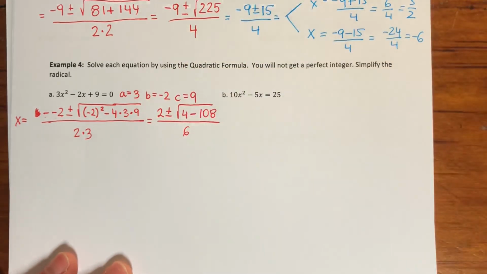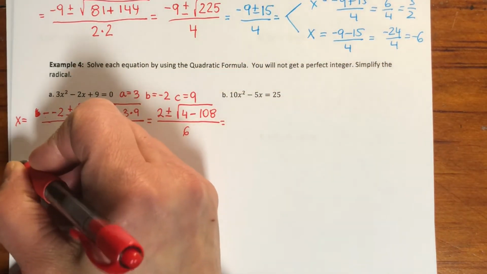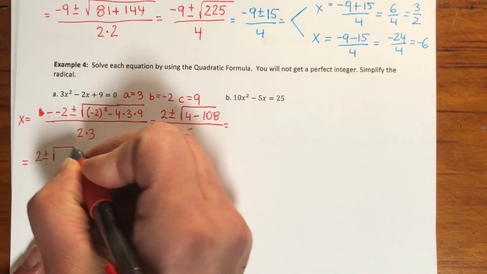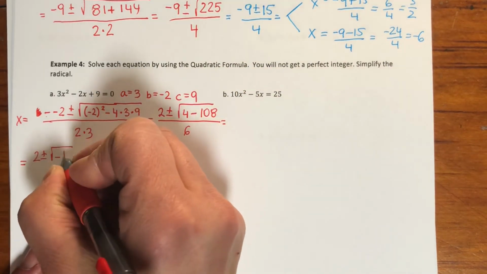Divided by 6. So what we do have is 2 plus minus square root of 4 minus, that is going to give me negative 104